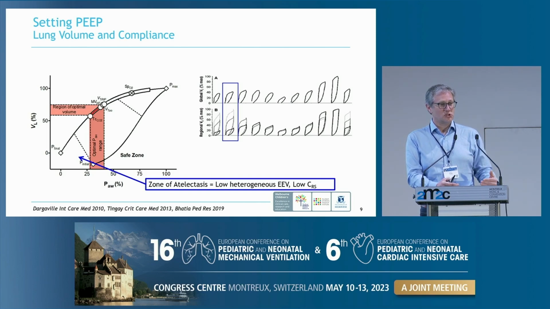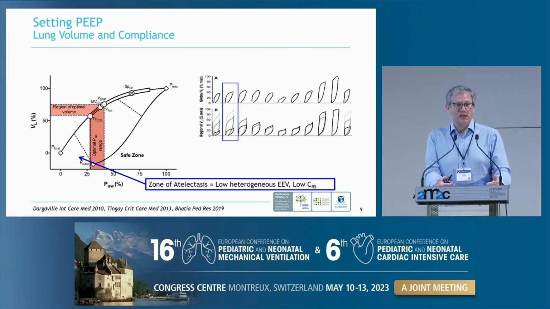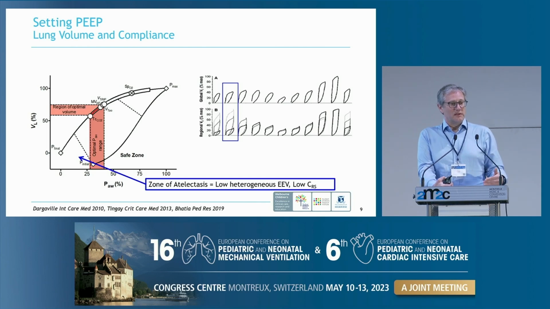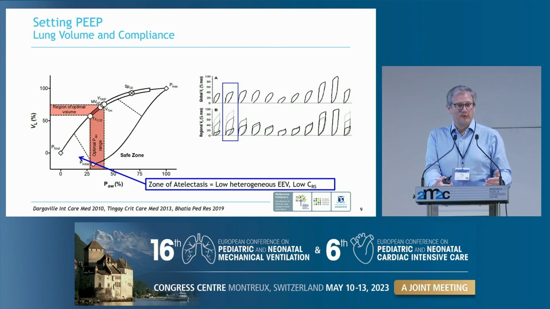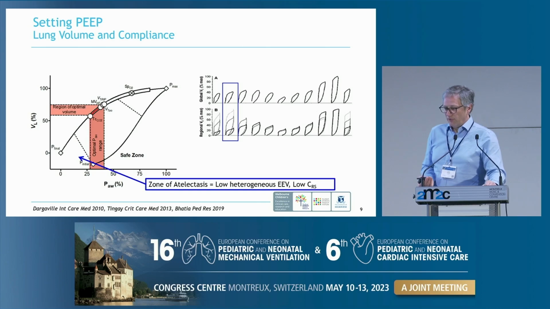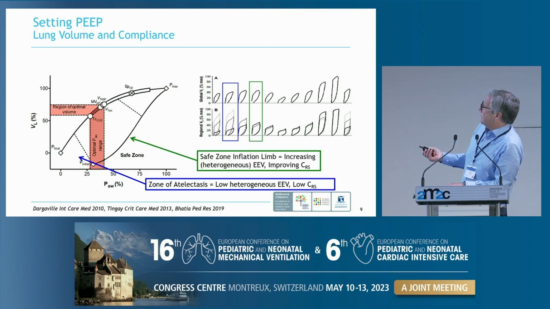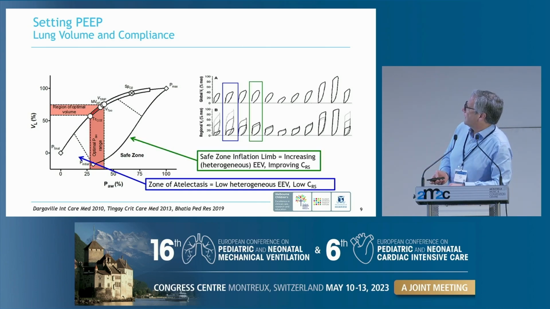And that's essentially how we are managing atelectatic lung disease in the NICU. No different from how you heard Professor Amato talk about how they're considering management of ARDS in adults. We need to provide enough PEEP to overcome atelectasis and not so much PEEP that we impede lung mechanics, which you can see here from this very elegant study that was performed by Peter Dargaville, Peter Rimmers and Ines Ferrich,